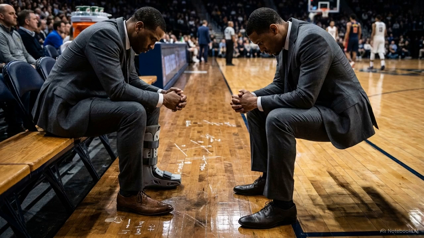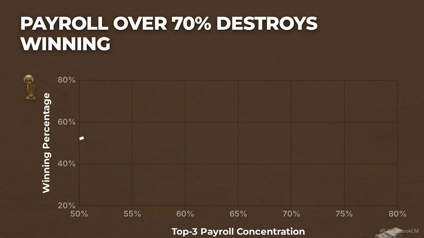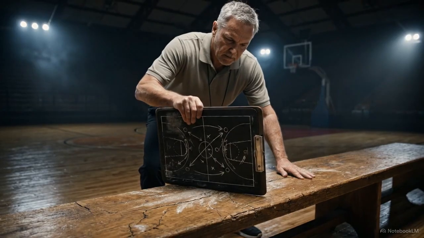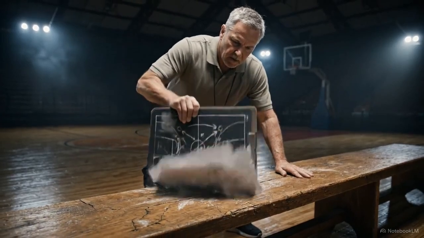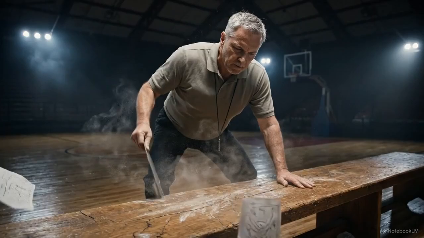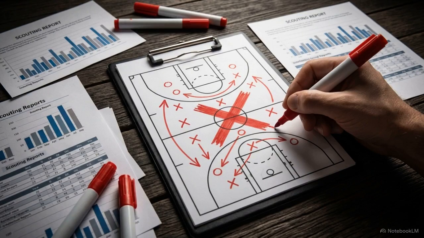Then there is the Draymond effect. 92% of championship teams rely on elite, net positive production from a player drafted 20th overall or later. The framework identifies a specific efficiency tax, the correlation between concentrated payroll and injury risk. When you take all of this math, possibility cost, sovereignty, and strict roster design, and apply it